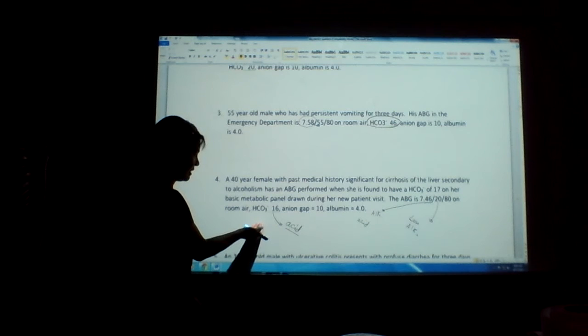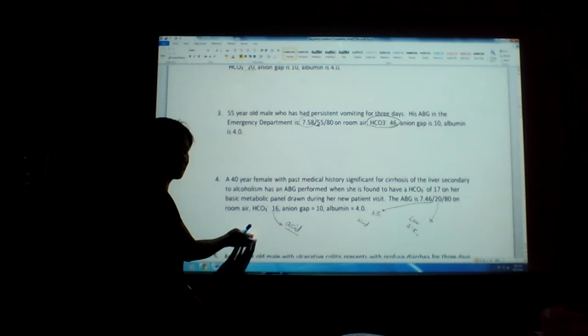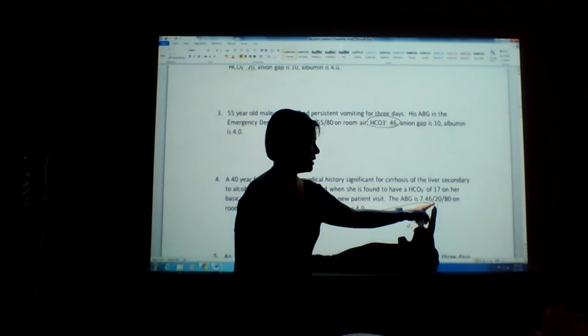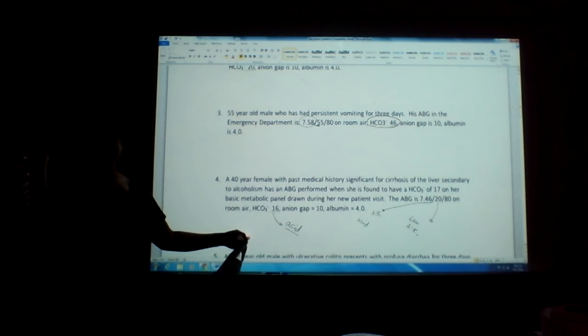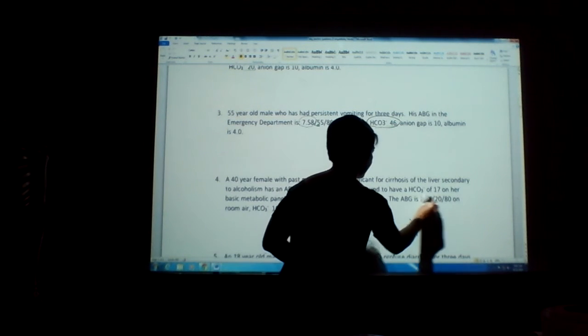And then the bicarb is low. If the bicarb is low, that's acidosis. Here, the carbon dioxide is low. And so that's why I'm going to read this as respiratory alkalosis compensating. This patient probably has something like 2 years to recover. But do you understand why it's respiratory alkalosis compensating based on the ABG? Okay? So that's how you're going to answer. Let's look at the next one.